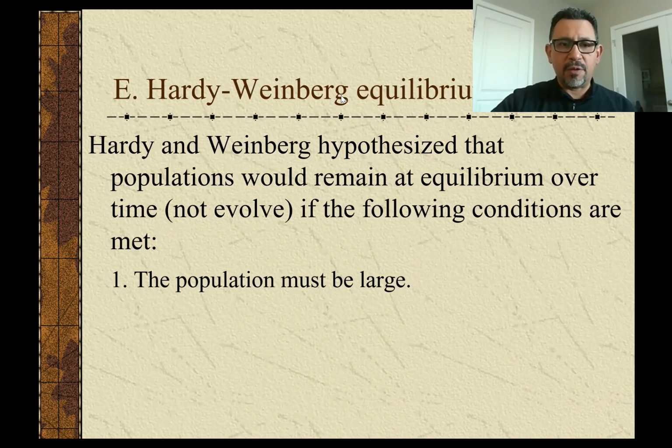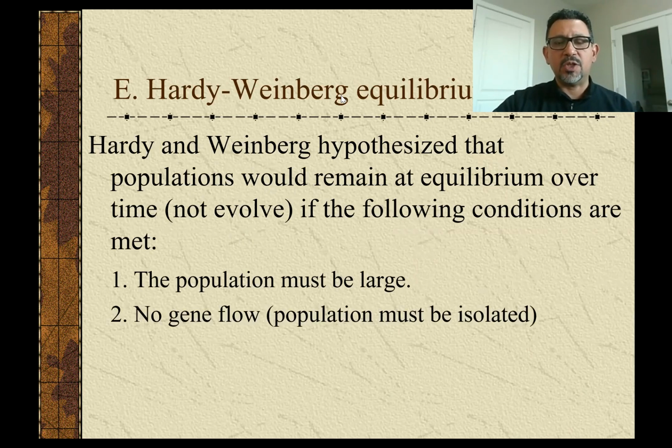These conditions are: populations must be very large in terms of numbers. If you were to press me for a number, I would say the population would have maybe hundreds of thousands of members. And the population would have to have no gene flow, meaning that there are no new individuals coming in with new alleles, and no members of the population leaving, taking away with them alleles that perhaps were only present among those that were about to leave.